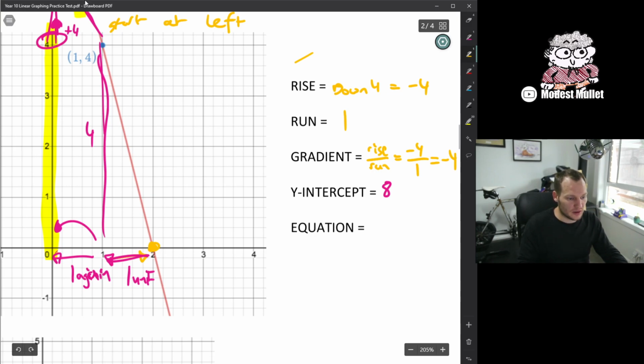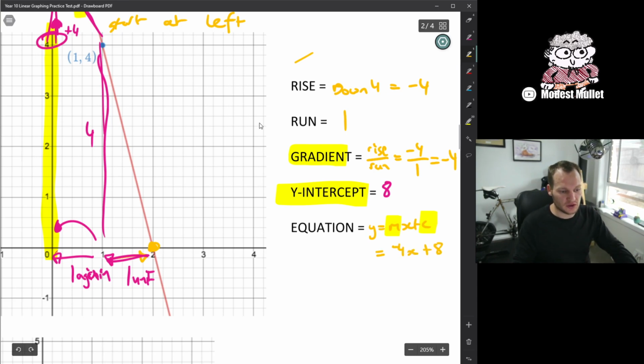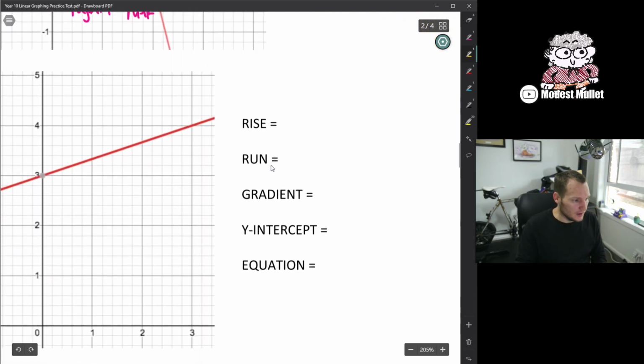Now we can just use our equation y equals mx plus c, where our m and our c are our gradient and our y-intercept. And we get y equals -4x plus 8. So we're just changing out our m and our c for the values we just found. Third one,